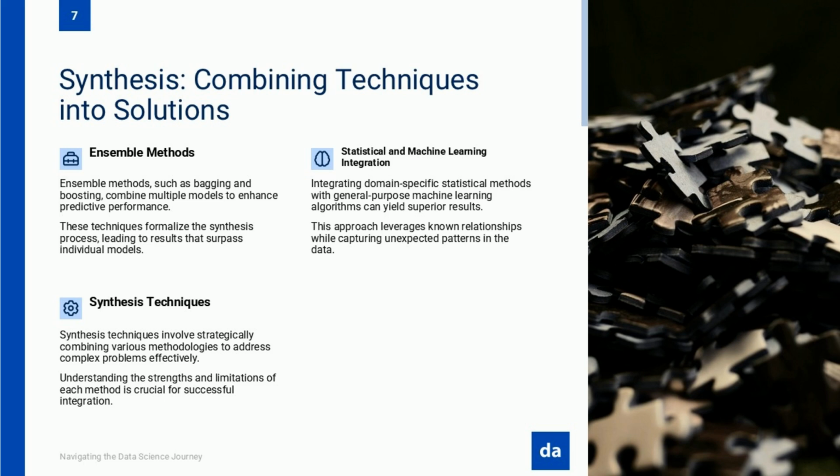This brings us to synthesis, the fifth level of Bloom's taxonomy, where we move beyond analyzing individual components to combining elements into new, more powerful patterns. This is where data science truly comes alive. Most data science courses teach techniques in isolation. Here's linear regression, there's random forests, now try gradient boosting. But in practice, real-world problems rarely conform neatly to single methodologies.